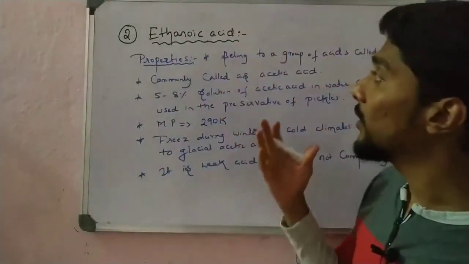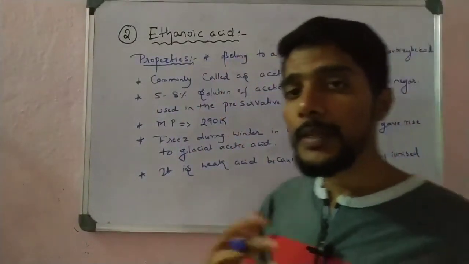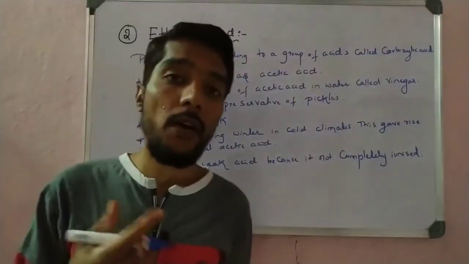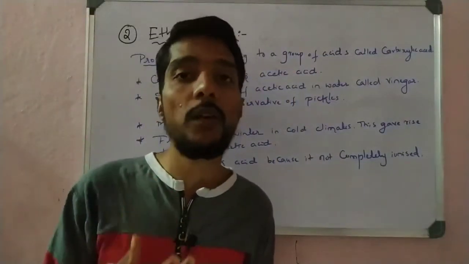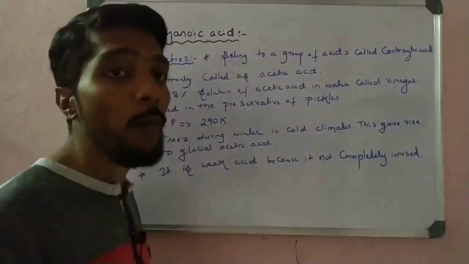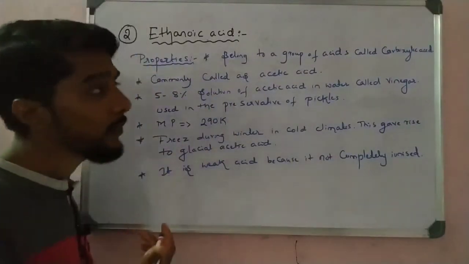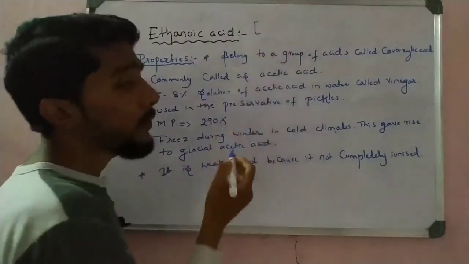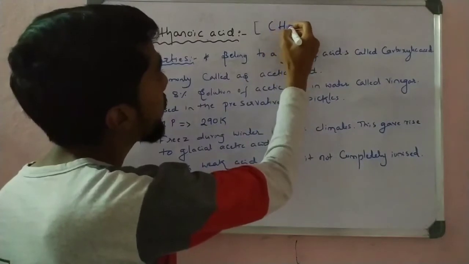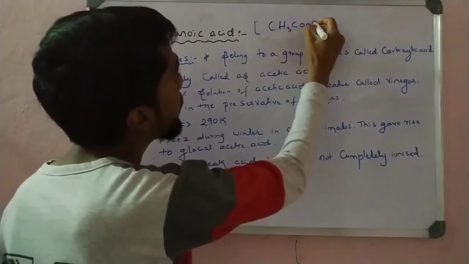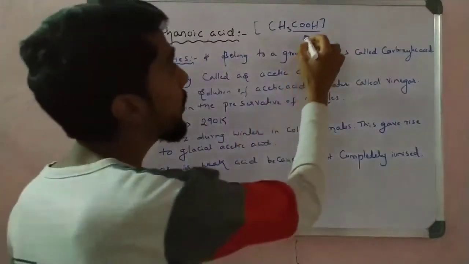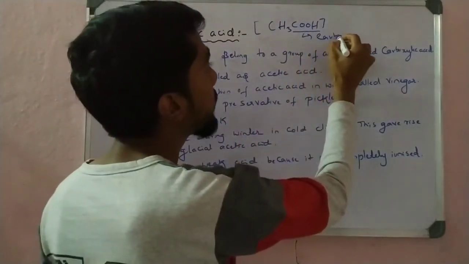So see here, same property, same method is there. Some properties of ethanol we studied, and now in this video we study some properties of ethanoic acid. Before that, again we come to the formula of ethanoic acid. Very simple. In the last video we learned the ethanoic acid symbol, that is CH3COOH. Okay, and here COOH is nothing but carboxylic acid.